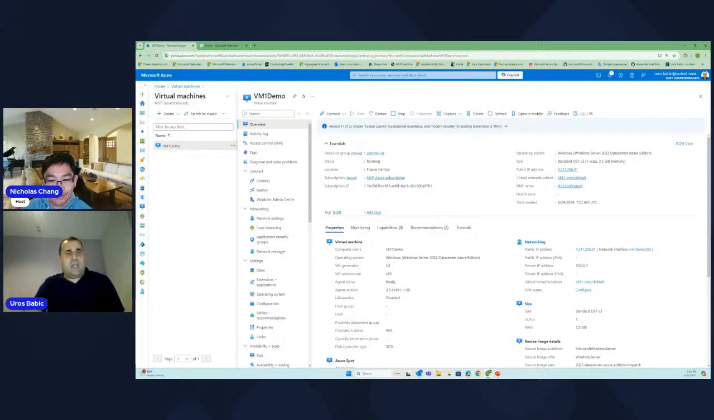So I've got a question. Can you use infrastructure as code with Microsoft Sentinel? Yes. Like Terraform? Yes, yes, that is